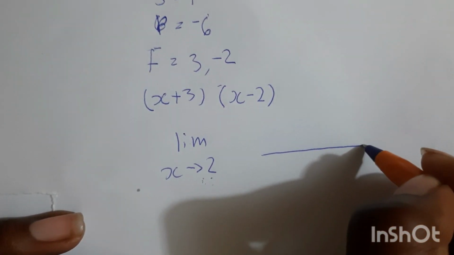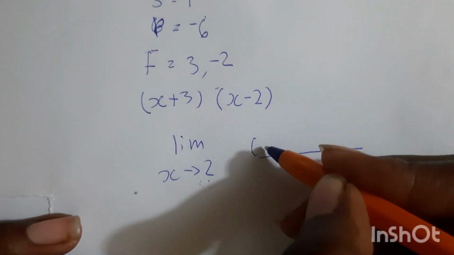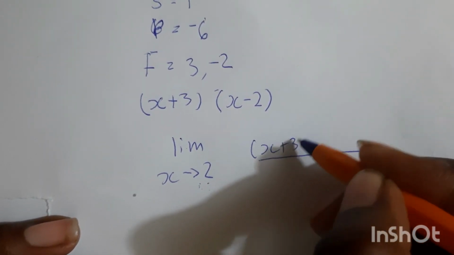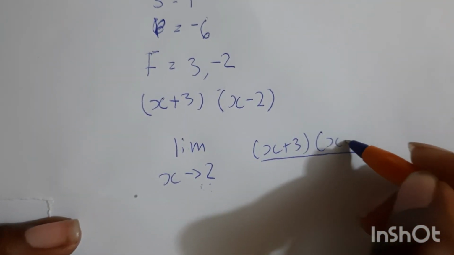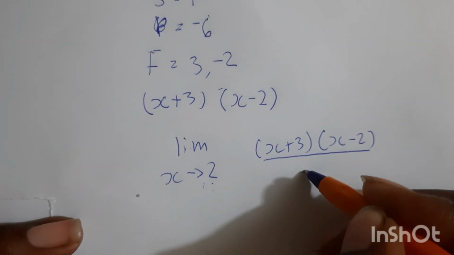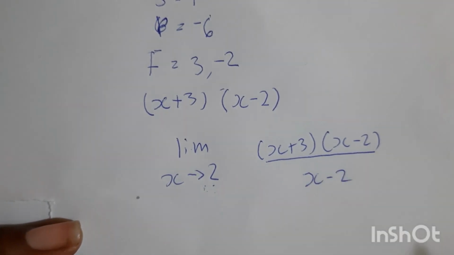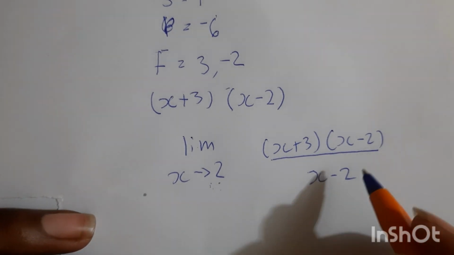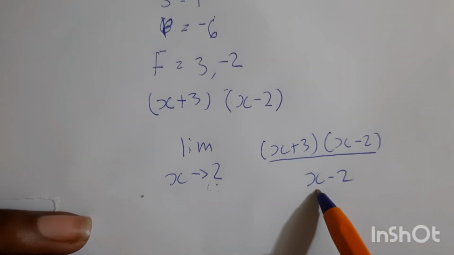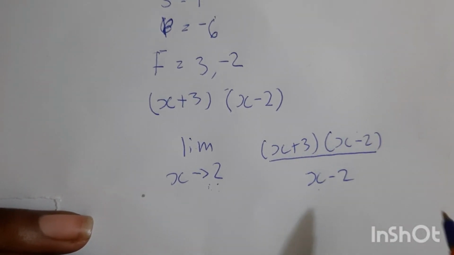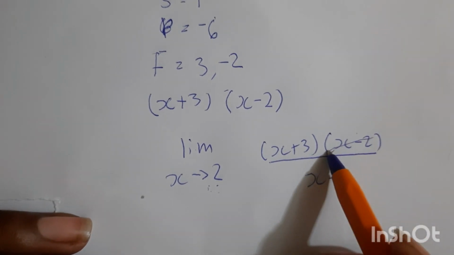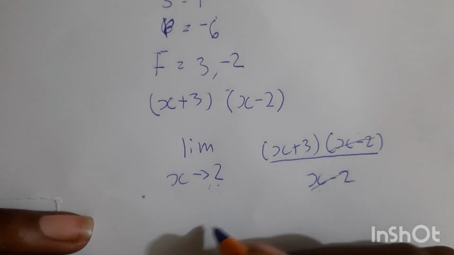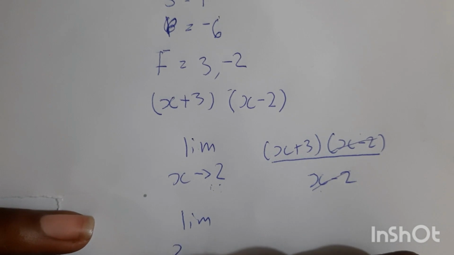So in the numerator, we're going to put this factorized version of that quadratic equation, and we're going to put back the denominator just as it was. So when we look at it the way it is, we have x minus 2 in the numerator and x minus 2 in the denominator. They will cancel each other out, leaving you with the limit